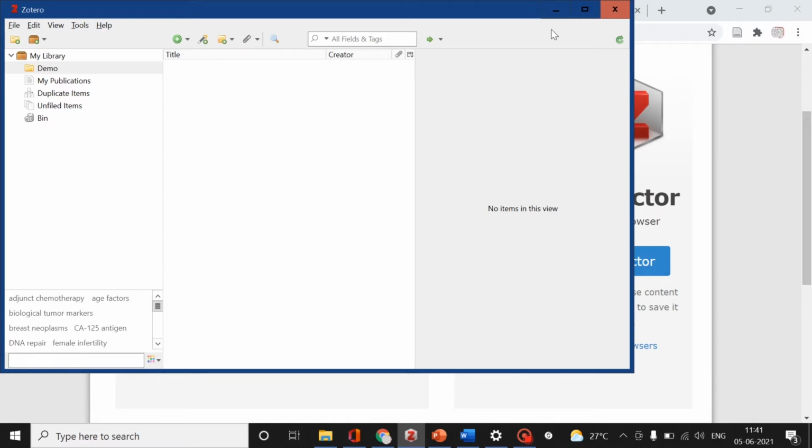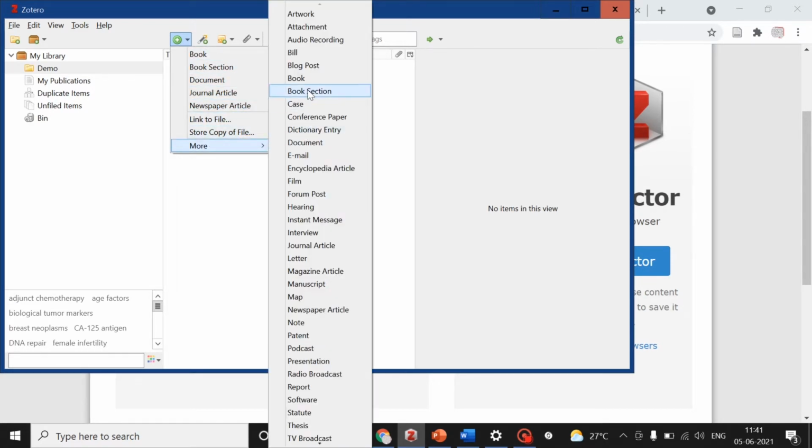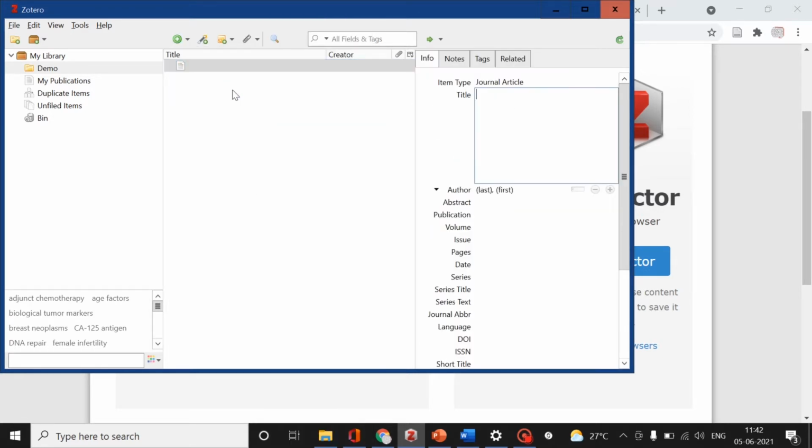Then the third step is to import the citation for your research. There are 4 ways you can import citation. One is you can manually enter the citation and create a citation database. So all these are commonly used referencing formats. So if you want any additional reference format, you can include any one of these. The advantage of this Zotero is you can add variety of references into the software. That is one advantage. So most commonly we use this journal article.